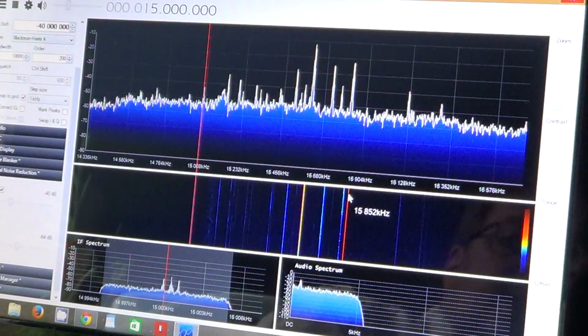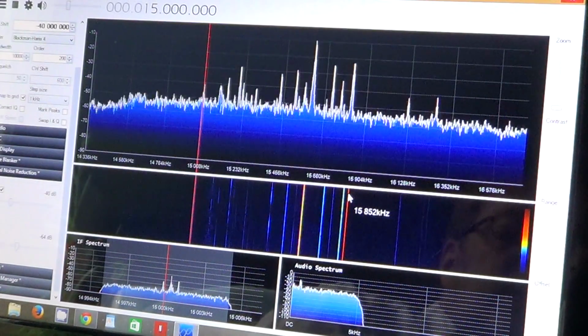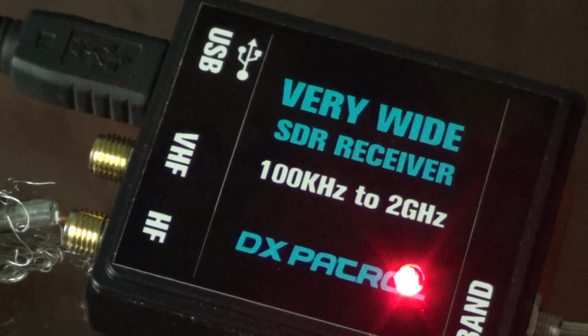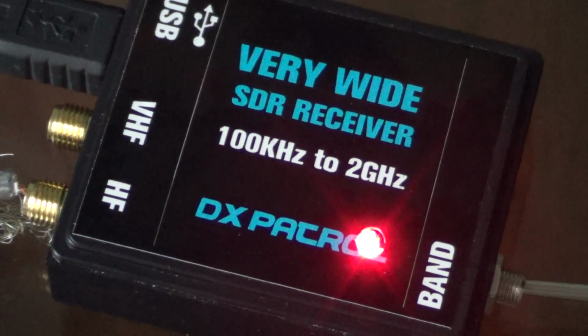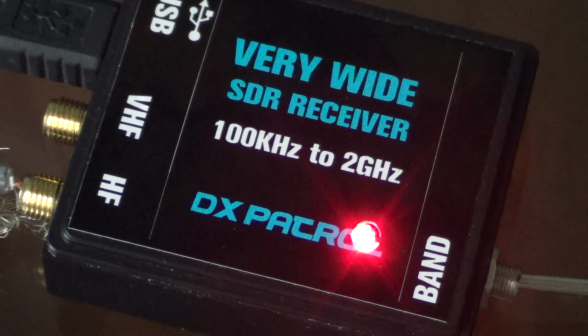I was testing a few things last night, and I would almost say that this little box performs almost as well as my ICOM receiver. But the ICOM receiver is 2,000 bucks, and this thing costs $90, $100, you know, 79 euros. I mean, wow. If you're looking for an SDR and you are a little technical, buy the DX Patrol, but